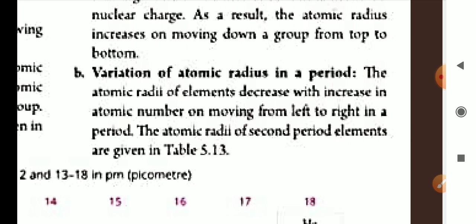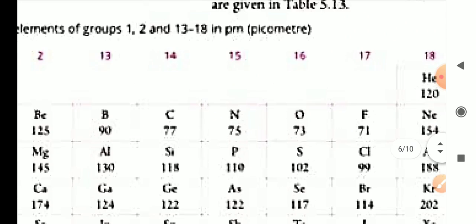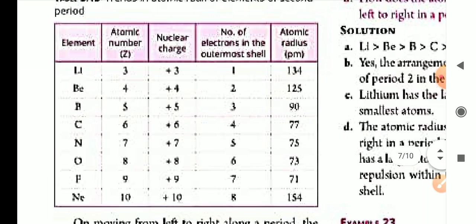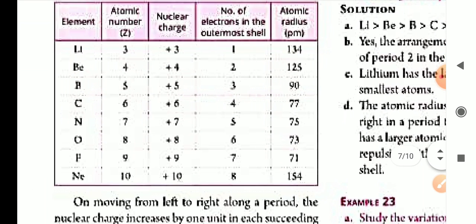Now, variation of atomic radius in a period. The atomic radius of an element decreases with increase in the number of protons on moving from left to right in a period, as the number of electrons is also increasing and the number of protons is also increasing. The atomic radii of second period elements are given here, you can see, and if you see the nuclear charge of period 2,